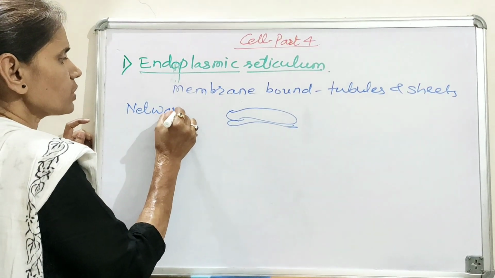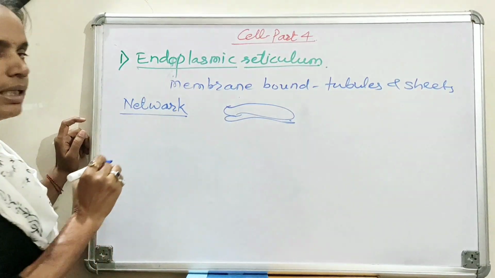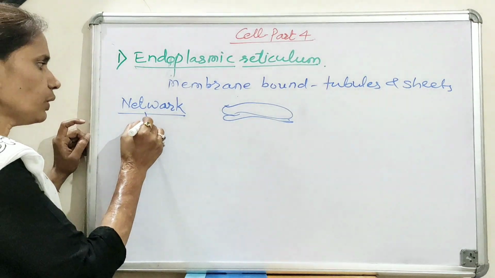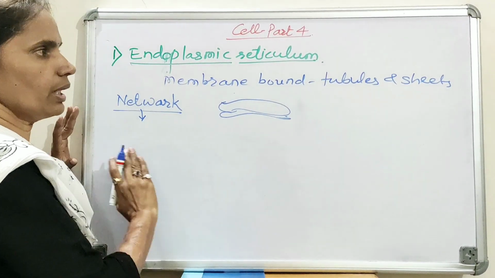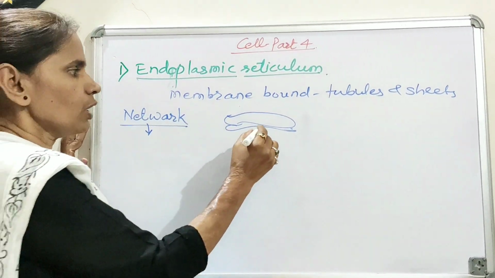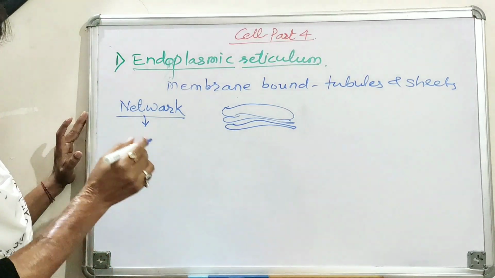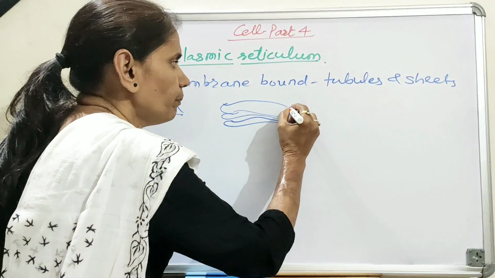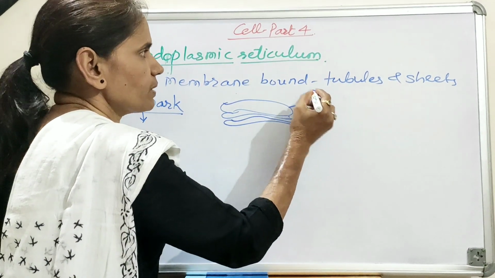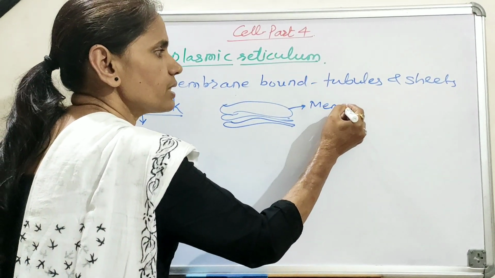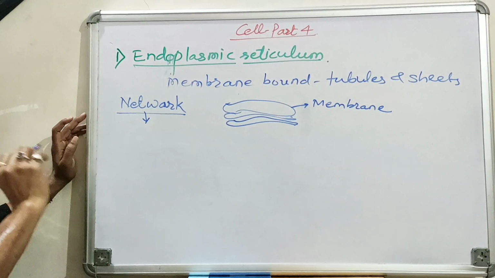Now the appearance of the endoplasmic reticulum differs greatly in different cells, but it forms a network system that is important in various cellular activities. So these different sheets and membranes are present in the endoplasmic reticulum. The structure of the endoplasmic reticulum membrane is similar to the structure of the plasma membrane.